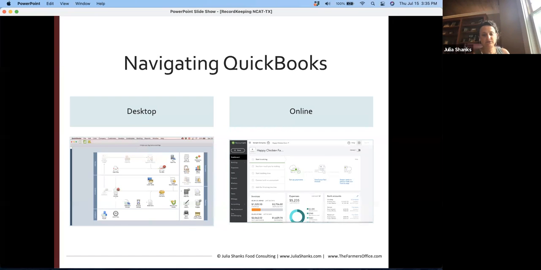So I wanted to just go over the navigation, and I'm going to try to do both desktop and online, just because I know at least one of you is going into the desktop version and several of you are in online. So I'm going to try to appeal to everybody. We'll see how that goes. But